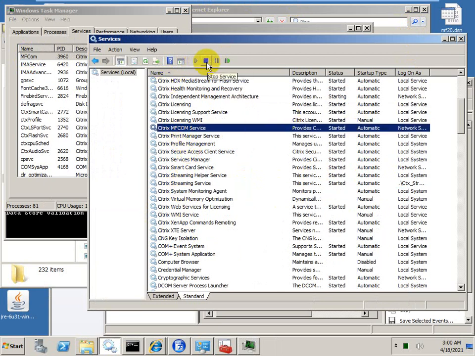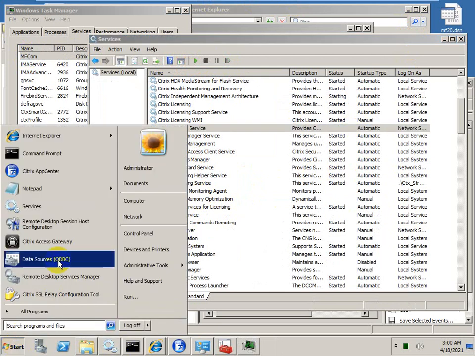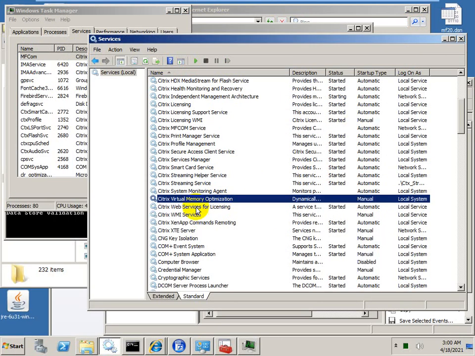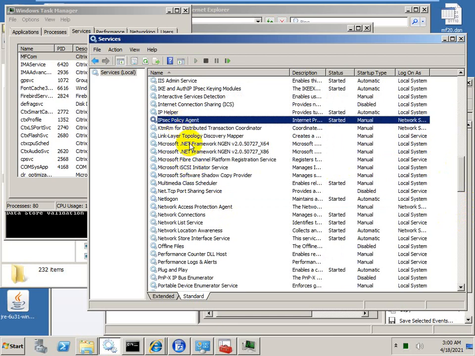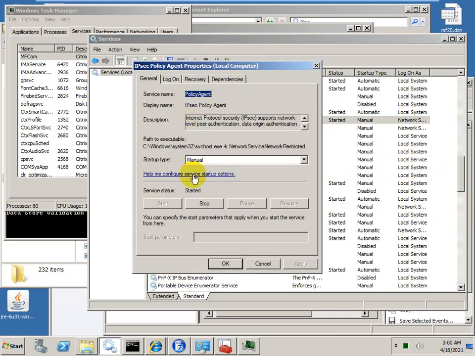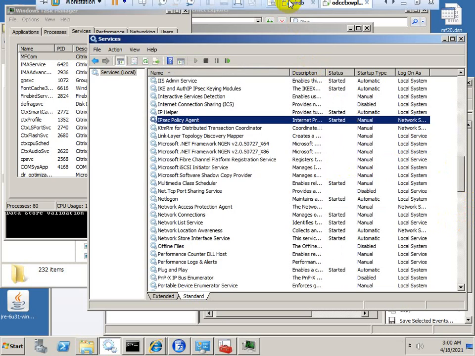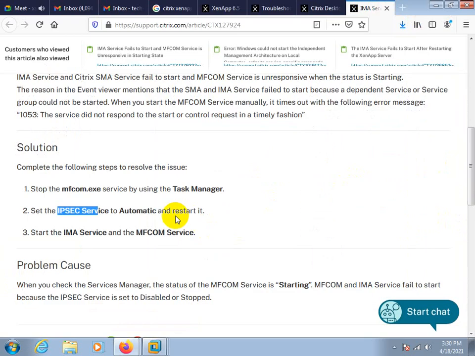Just stop the service. Then we go to the control panel, search here for IPsec, double click, and you get its service name, policy agent, but what is showing here is the IPsec service.